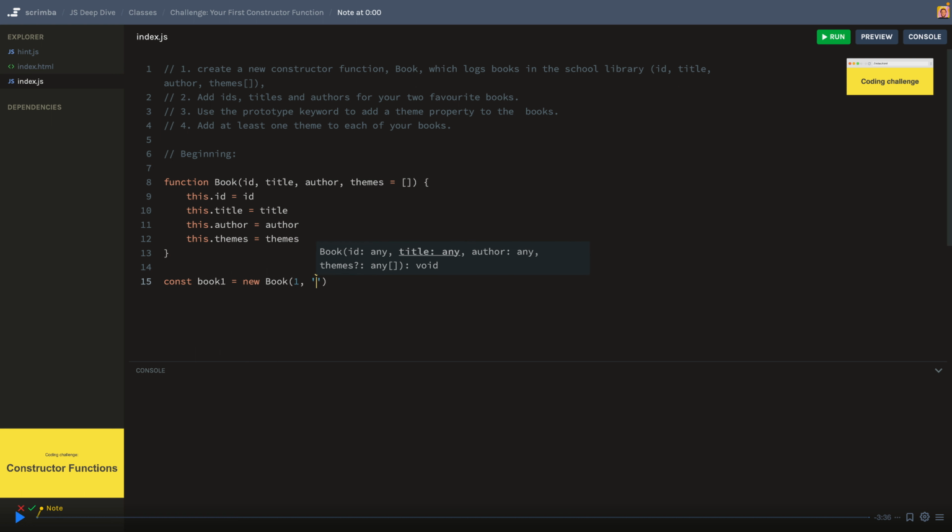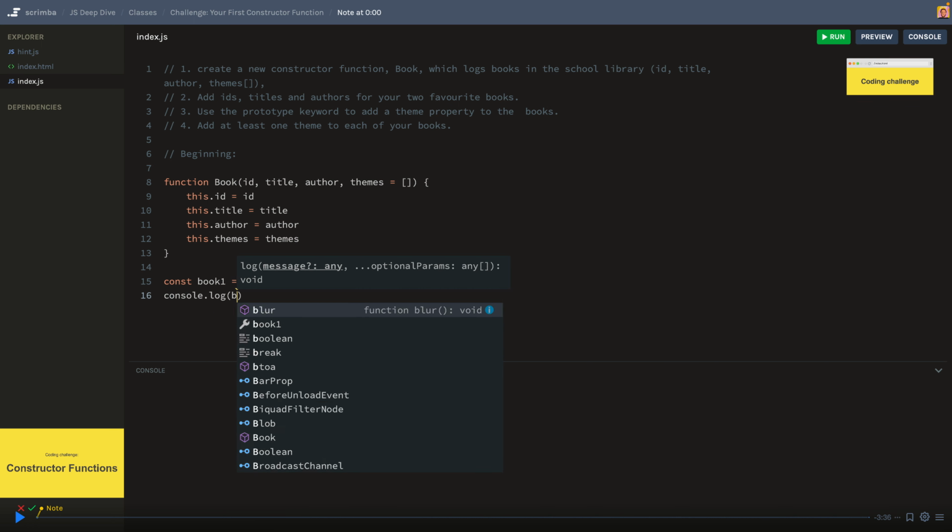We'll give it the title of, let's say, the Sorcerer's Stone. So the author, we all know, I can't even spell her name, J.K. Rollins. We'll just say J.K. Rollins. I'm pretty sure that's not her name. And then for the themes, we can just leave it empty because it already has the default parameter. So now if we console.log book one,